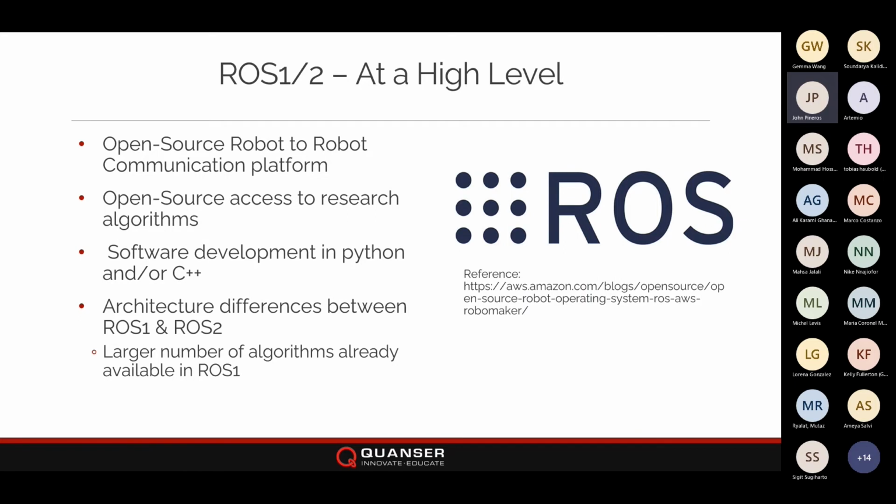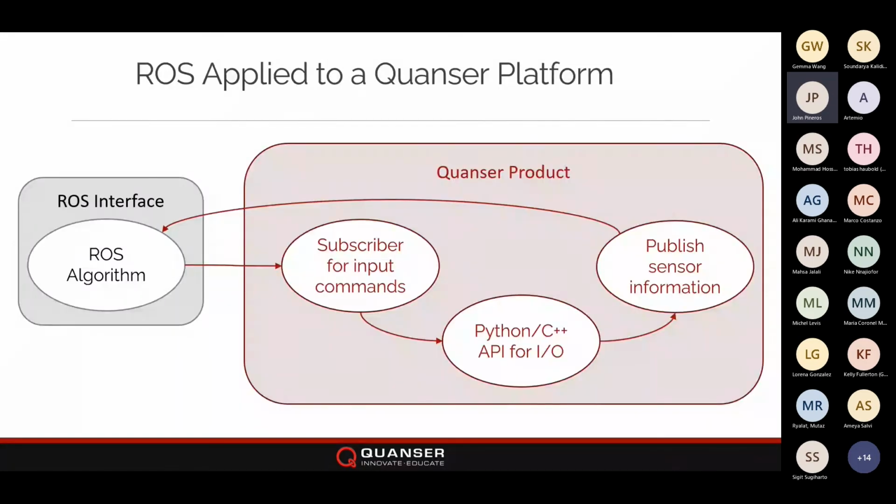And there are ways that you can interface ROS1 algorithms within ROS2, as that's also a very common question. Now, when we look at the ROS platform itself, how could that be developed using Quanser products? So we have this workflow over here, which pretty much explains the ROS interface, which could be either the algorithm that you're developing, interfacing to any sort of already released package, and then the focus of what is the webinar today, which is how does the Quanser product interface with this